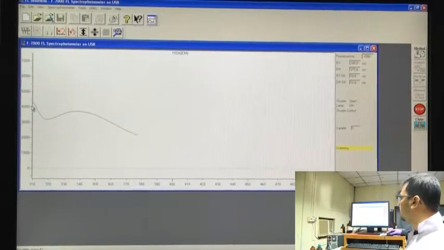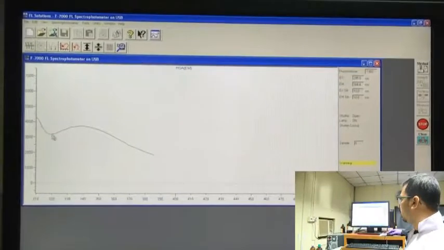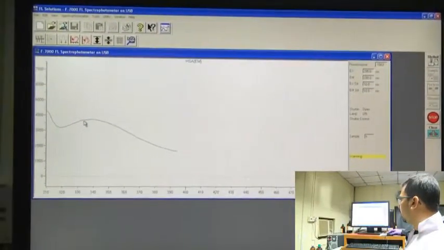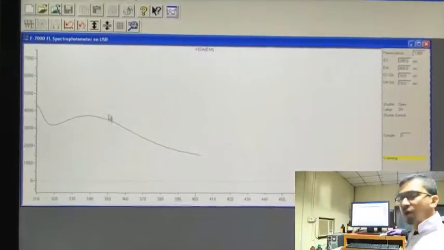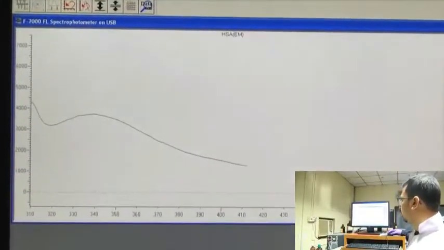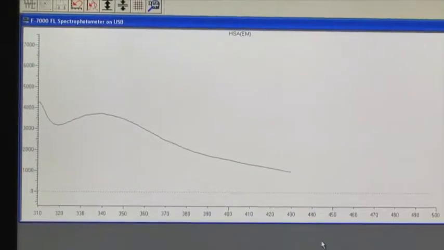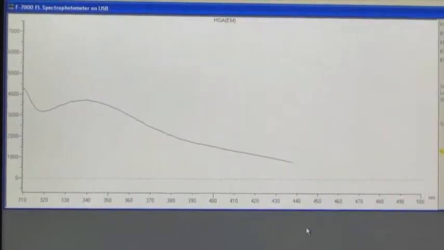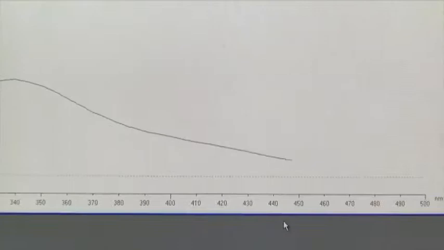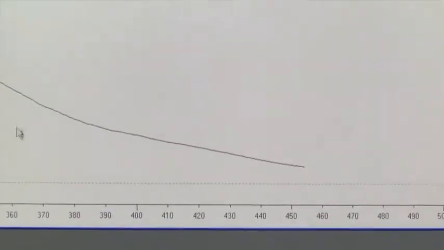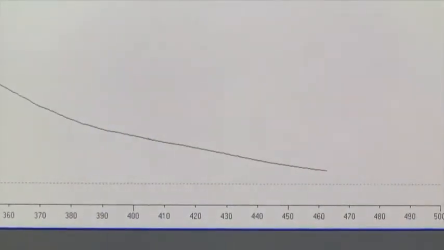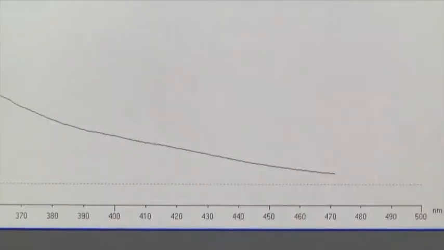Here we can see a curve is coming like this one, around 340 or 350. Basically, this one is the emission for tryptophan residue.